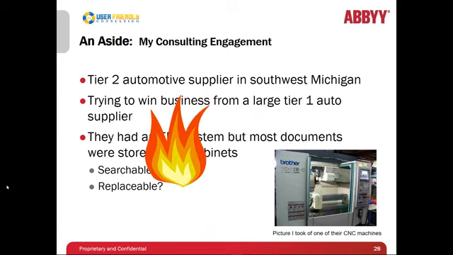So I worked with them, and they are now going through that plan to implement a more robust system. We're looking at Job Boss, an ERP system, which is going to help them with a lot of this. We're just excited that they see the value in cataloging and archiving data. The reason I bring that story up is it's something that we like to do with each and every client we work with. We just look at the big ideas. First things first, we do a triage. We work on the most important things and start there.